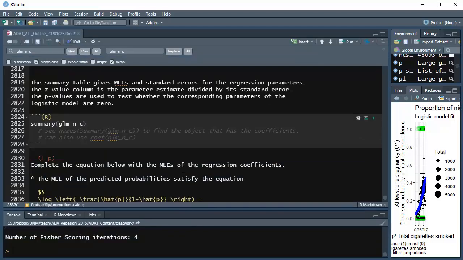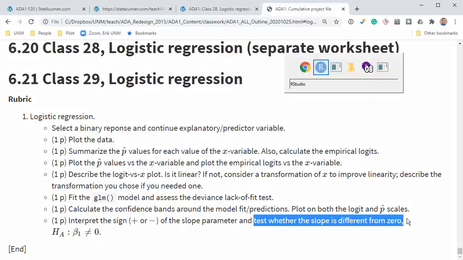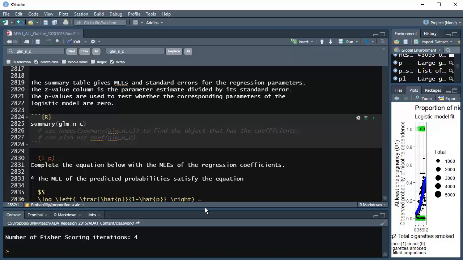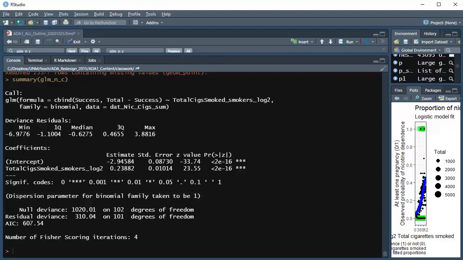And then, what is the last part of the assignment? And then test whether the slope is different from 0. Okay, so going back to this table, this summary, this coefficients table, I have this estimate of the slope for my x variable, and the p-value is basically 0. So I have strong evidence that this slope is not equal to 0, because this hypothesis test, the p-value for